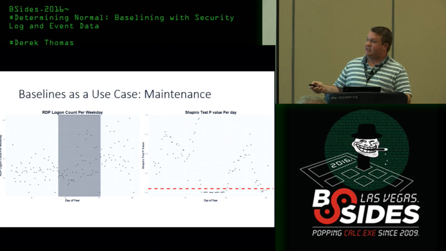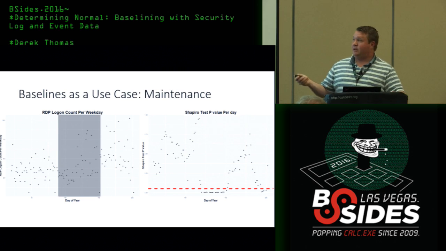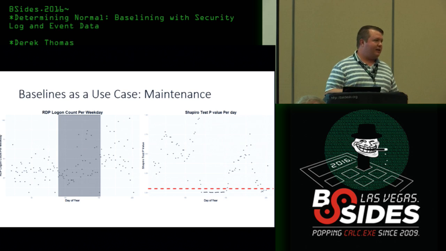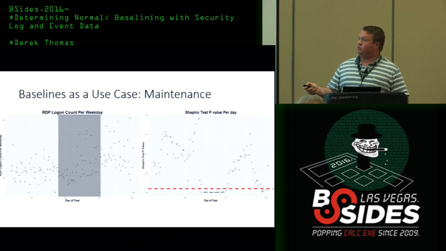Here's the data that contributes to those baselines. To me, when I look at this, I see a clear breakout about this point. And this point happens to be about 30 days. So now what appeared to be outliers at the time are actually normal. And what happens here is there were more RDP logons. This could have been due to new admins. Maybe there are operational procedures that they had to do, like a big patching push. Everybody had to log on and start patching the products. But what you notice here is that after a while, this data is still up above, but this data becomes normal again and it's still relevant.